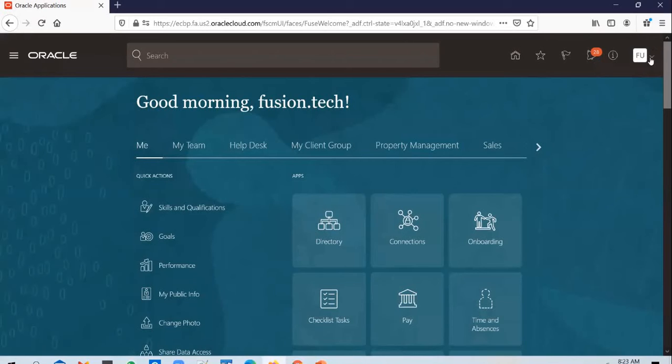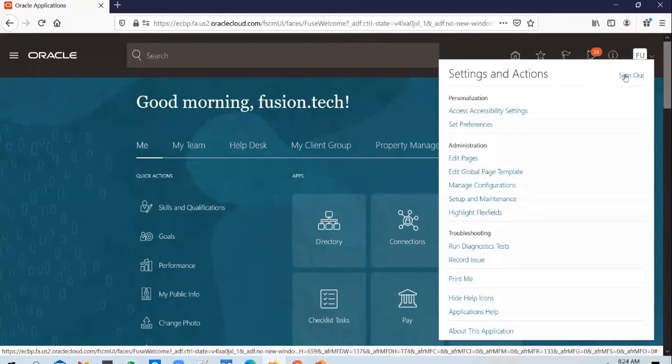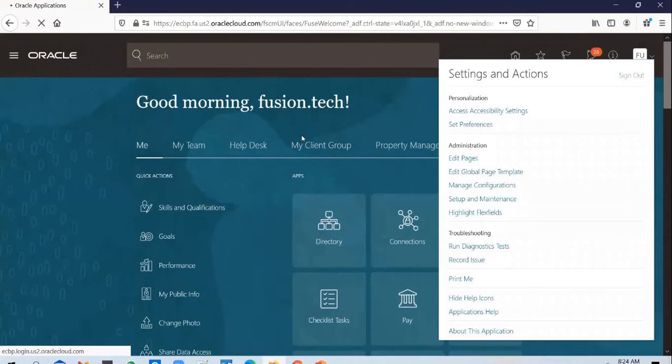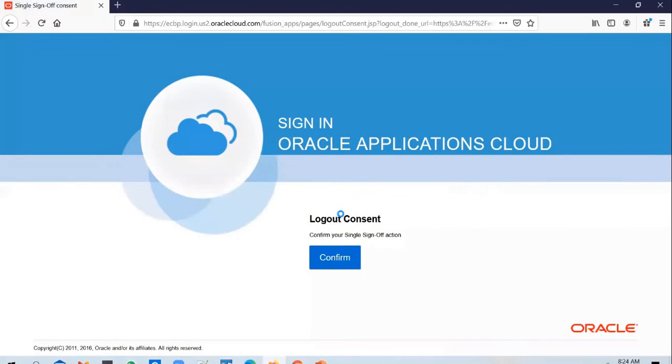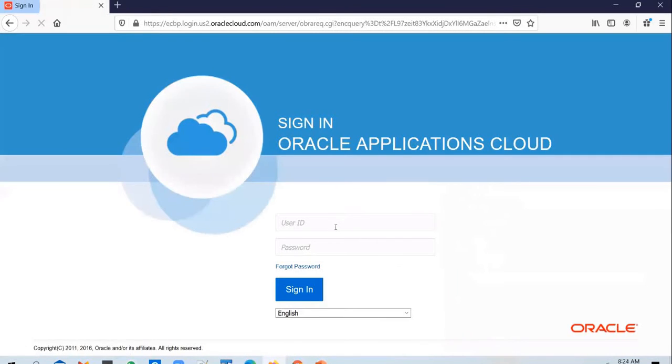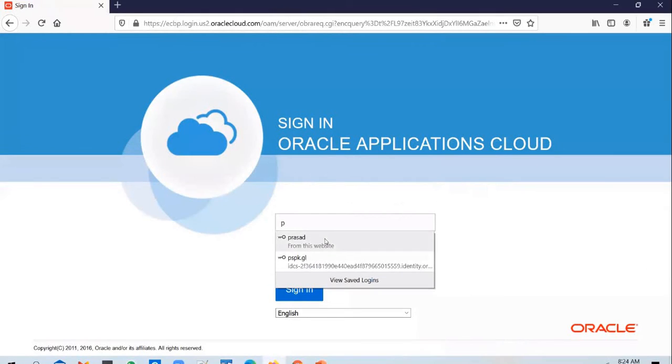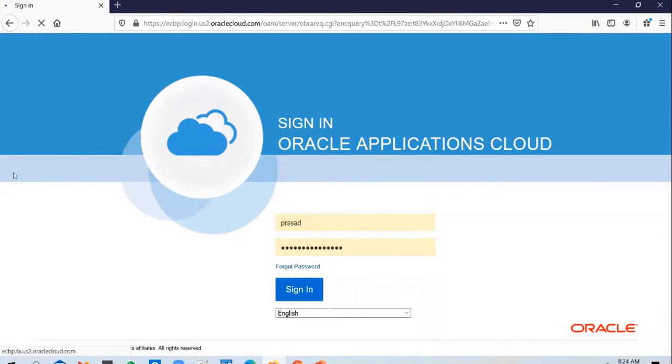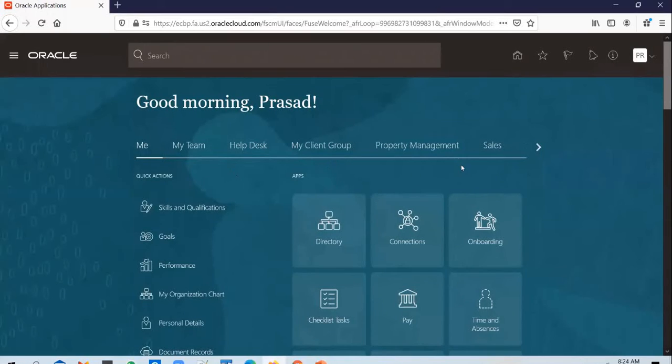Okay, yeah, let me sign in. I need to log in as a user with admin access. Go to security console.